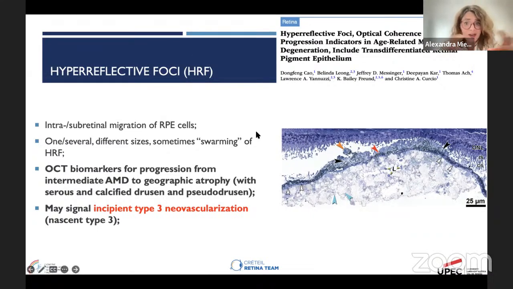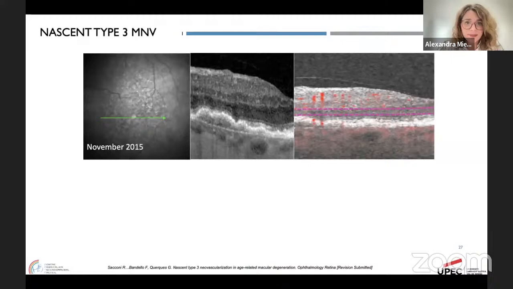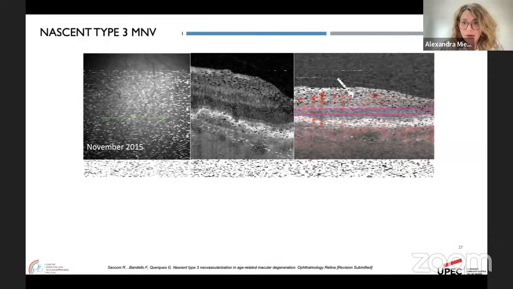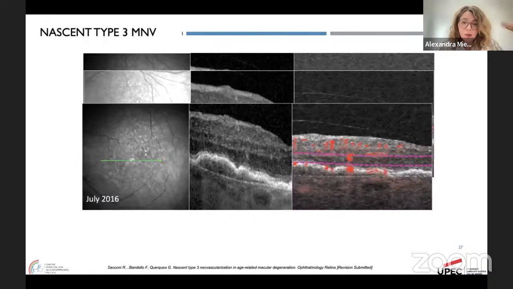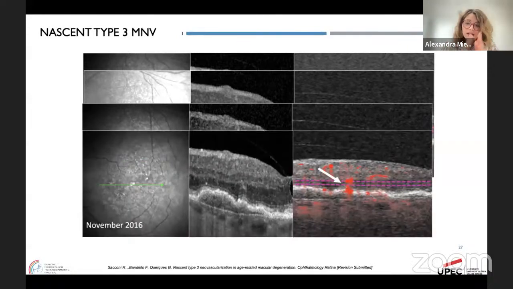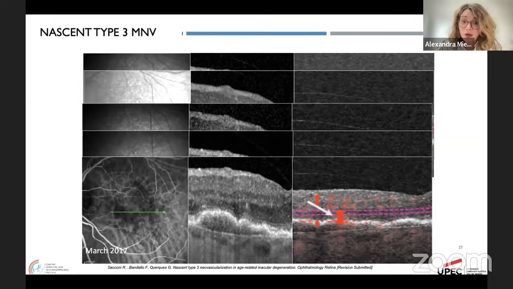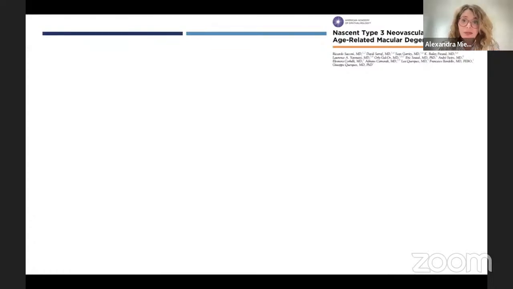And sometimes they may even be conglomerates of hyperreflective foci. So in some cases, we have a drusenoid PED, and we see these small hyperreflective foci that have flow on OCT angiography, as you can see here, and those foci over time will get closer and closer to the apex of the drusenoid PED. And at some point, they will just unite with the apex of the drusenoid PED, and somehow exudation will arise. And this has been described by my colleague and friend Riccardo Sacconi several years ago as